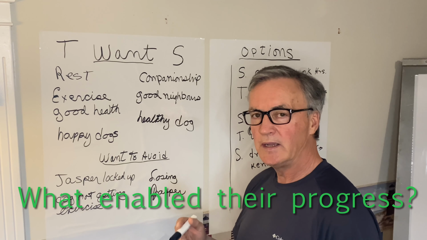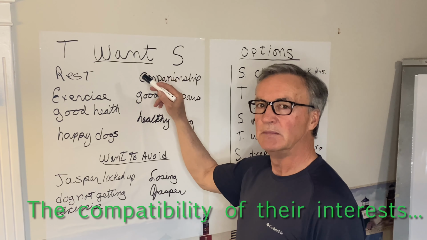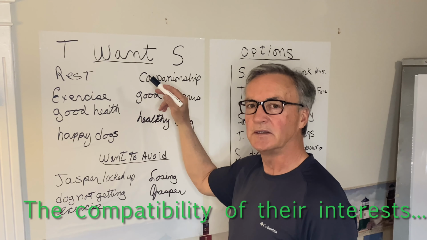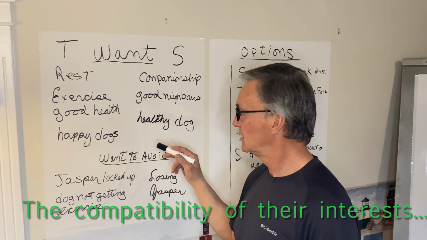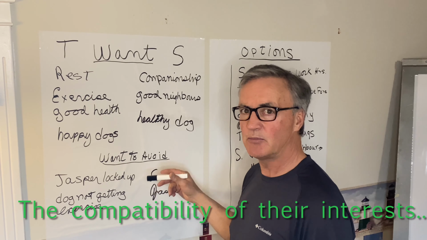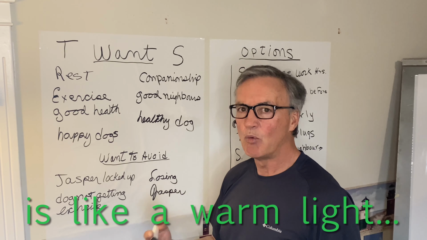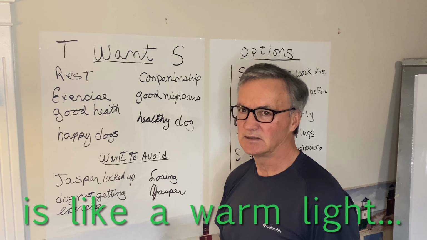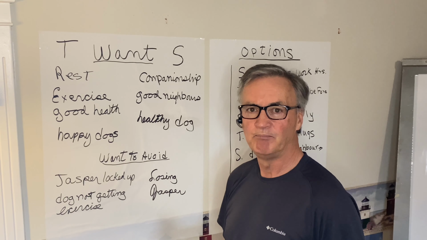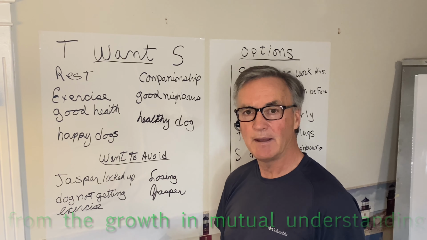So why does that happen? What happens is at step 4, when people start to see that what they want is compatible with what the other person wants, when they start to see that what they want to avoid is compatible with what the other person wants to avoid, I can say as a mediator that it's like a warm light going on in the room. And I know that sounds fluffy. And I guess you have to actually be there to see that. When people have collaborative conversations, that same growth of warmth happens.